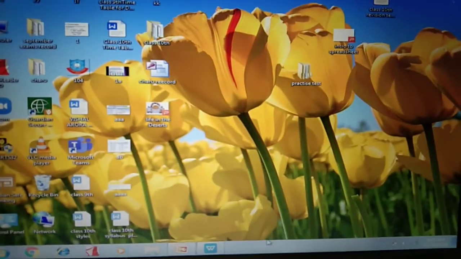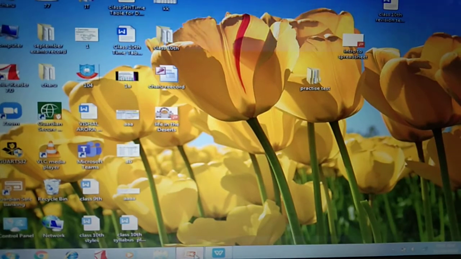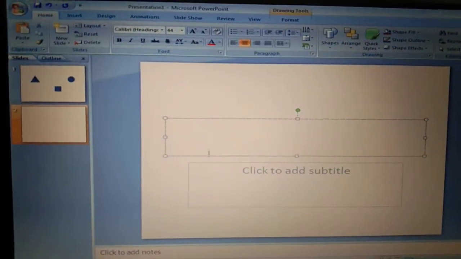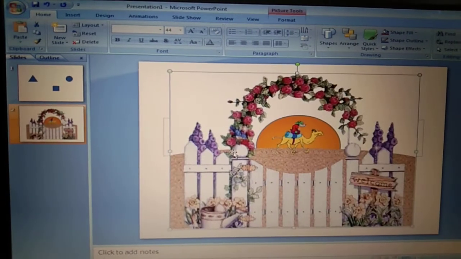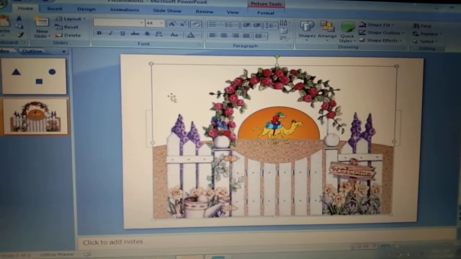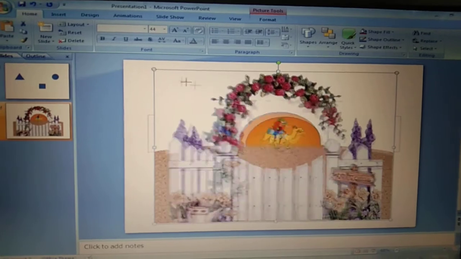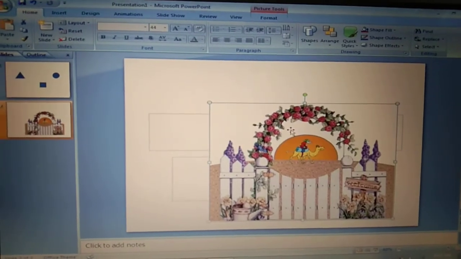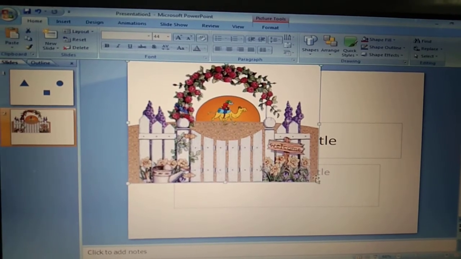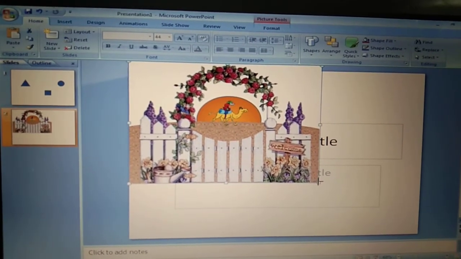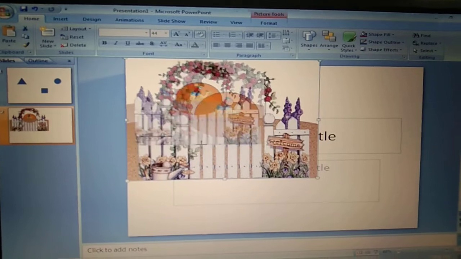Now again open the PPT where we have to paste it. So again right click and then the paste button. So see here, this is the way we can copy and paste pictures. It is our own choice that we can change the size of the picture according to our own choice. Like here I want to reduce the size of the picture.